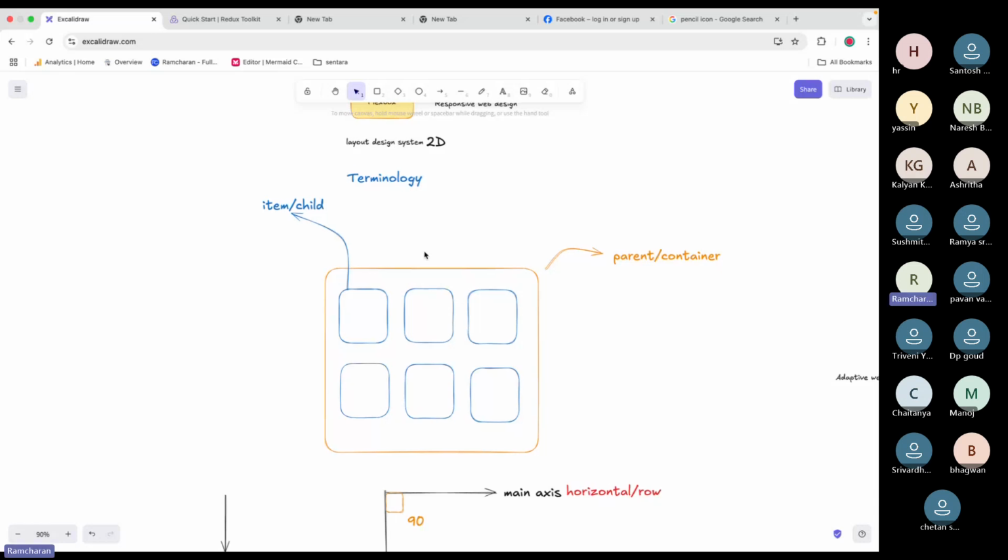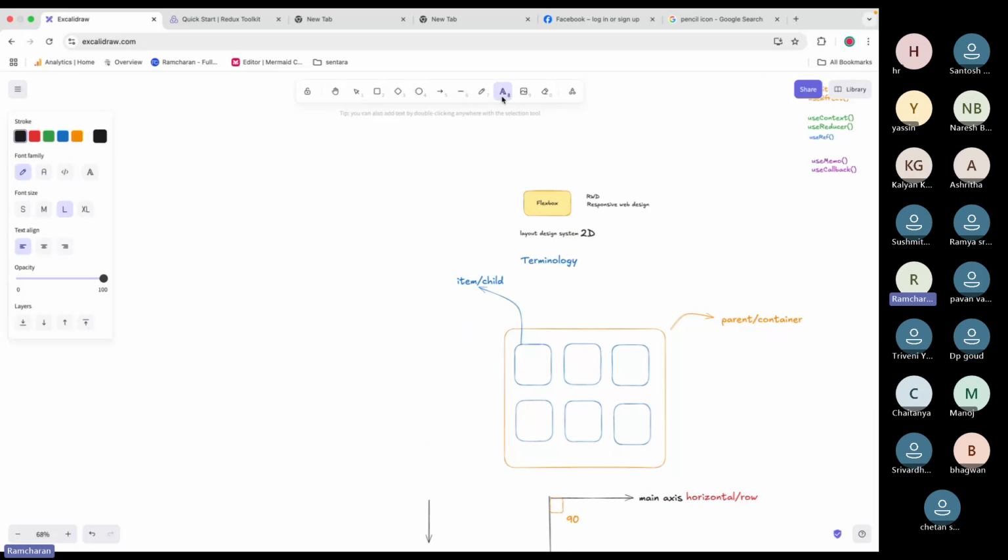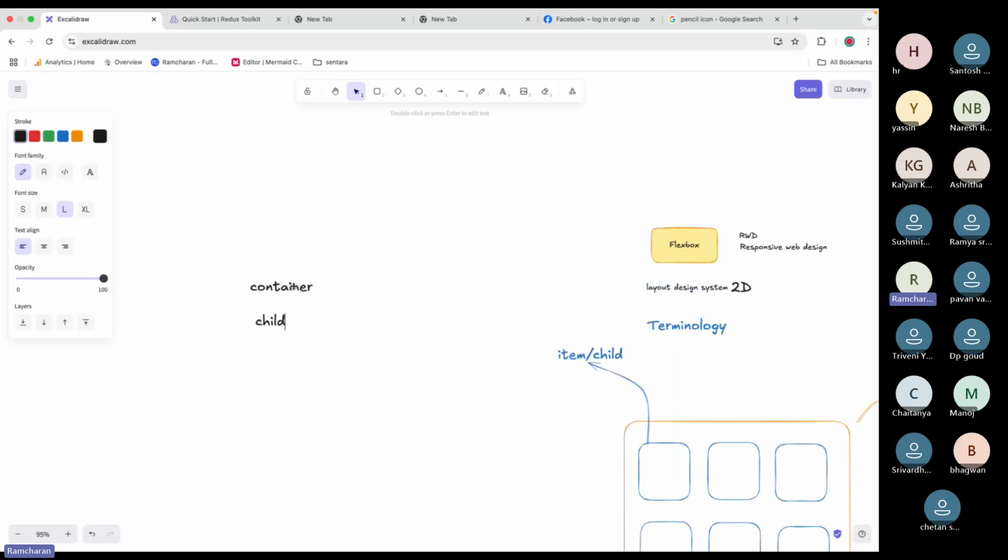So now you will have to learn all the properties of the container and the child. If you learn all the properties of the parent and the child,